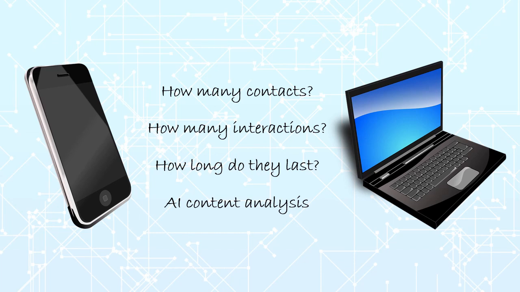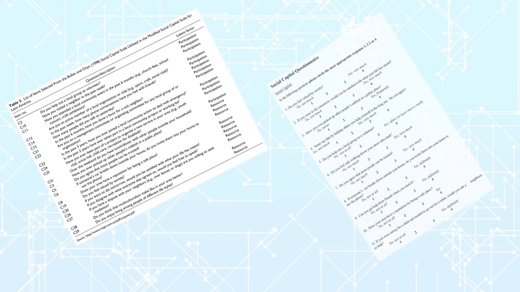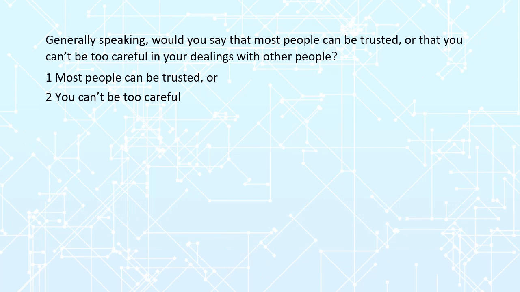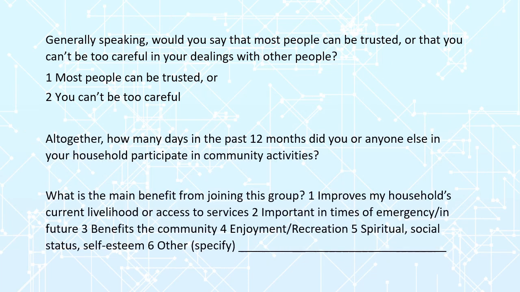However, much of the measurement of social capital remains subjective and is based on data obtained from the actors themselves using suitably worded questionnaires. The data is then used to calculate the magnitude of social capital. A World Bank questionnaire on social capital has almost 100 questions, many with multiple parts. Here are a few sample questions from the questionnaire.